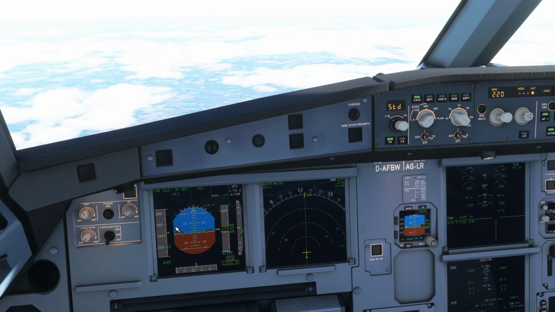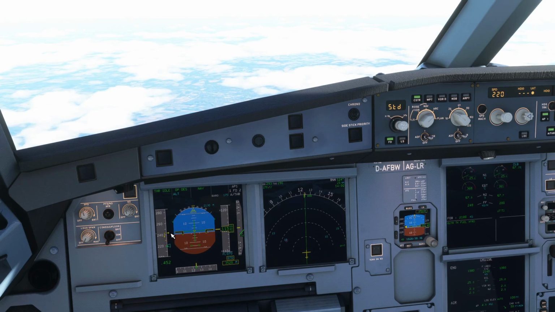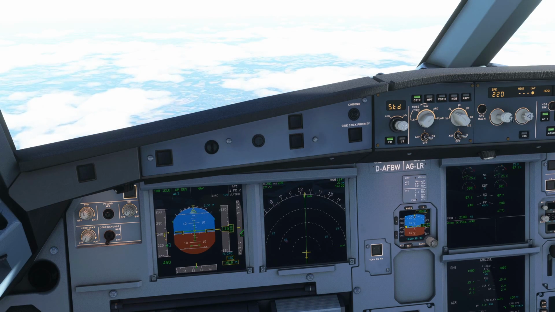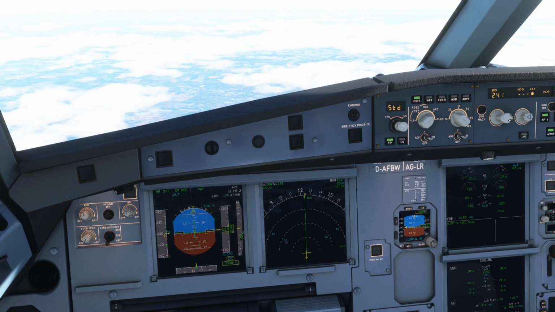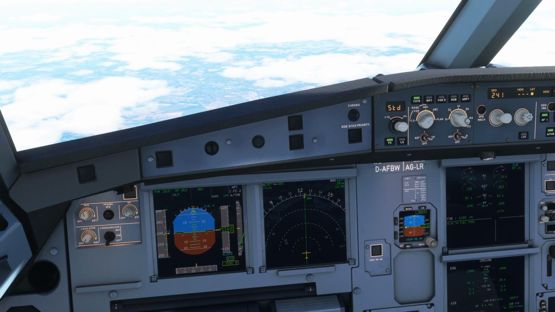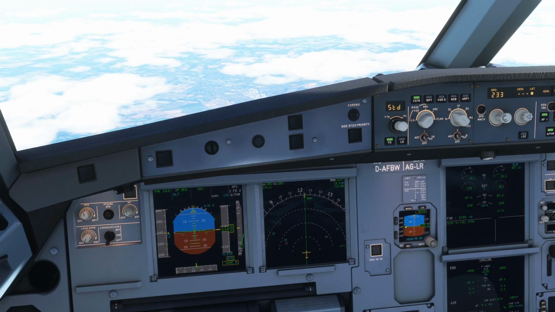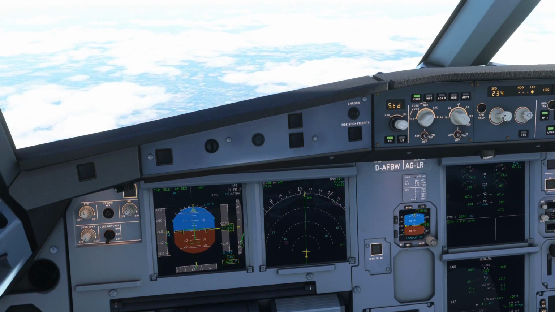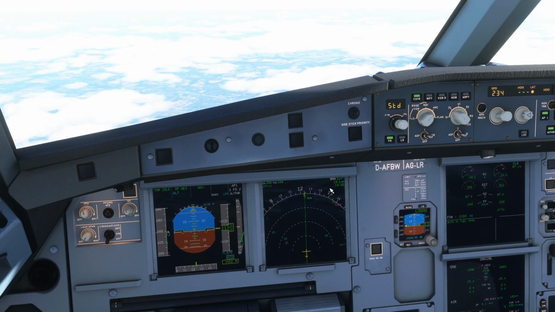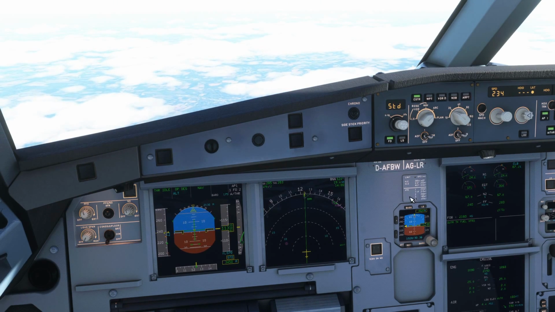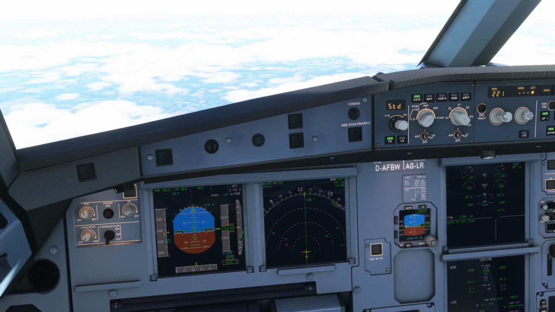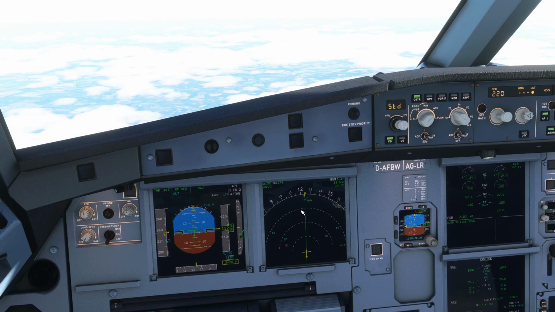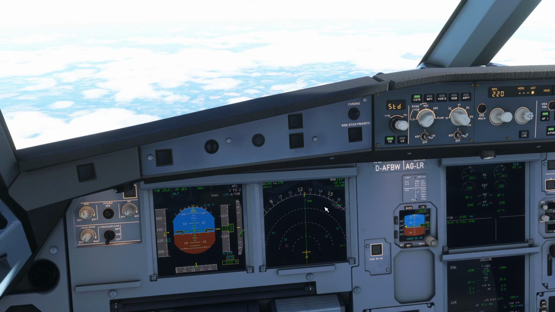So we're at very low rates of descent due to the fact that we need to slow down. If I increase speed to 240, you'll see the rates of descent will increase because we're already at speed 240. Then I can decrease the speed, and you can play with the speed to change the rates of descent. So we'll continue descending and slowing down to 220 knots by